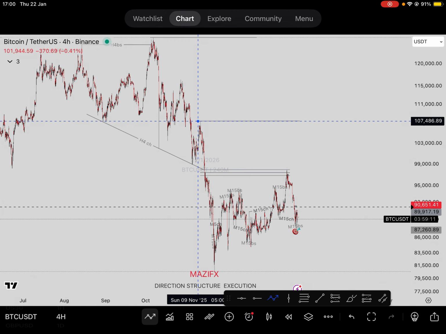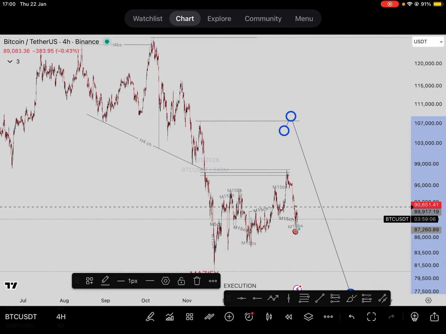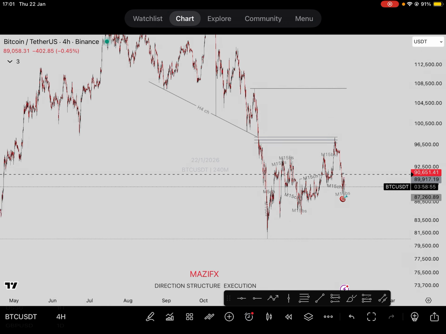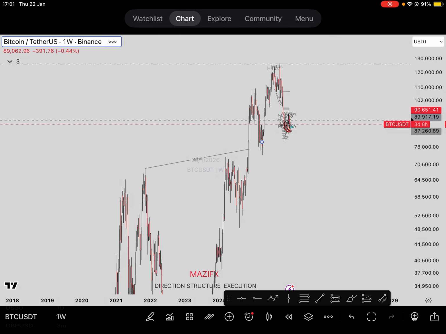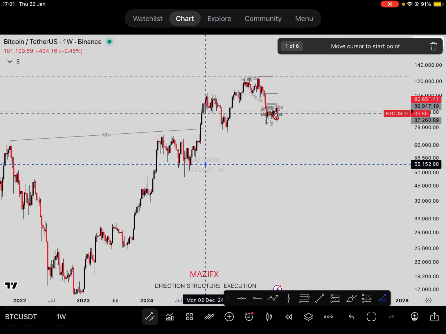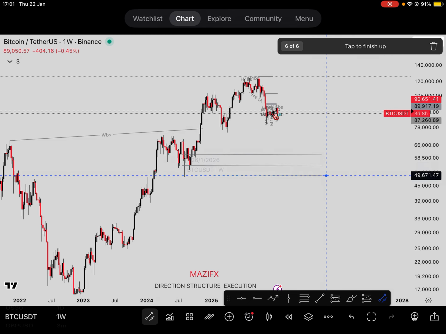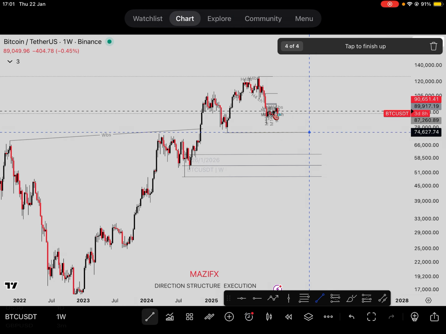So I marked this as an internal reaction point where 4 hours can come back and react to go down. Since we don't have any opposing time frame pushing BTC higher, only 4 hours is pushing it to come lower. And based on the daily, there's no daily structure to hold. The only thing I'm seeing here is a weekly structure, the last weekly structure. So BTC is most likely going to drop into the zone here and bounce off from somewhere here, using this current low as an inducement.